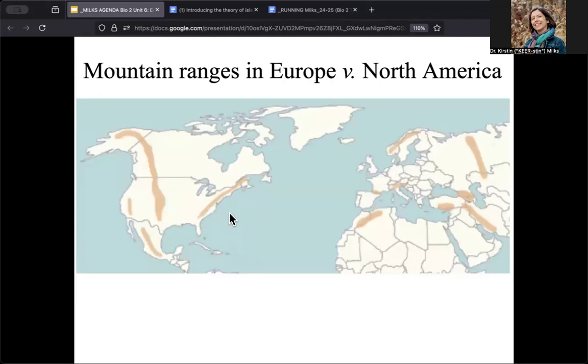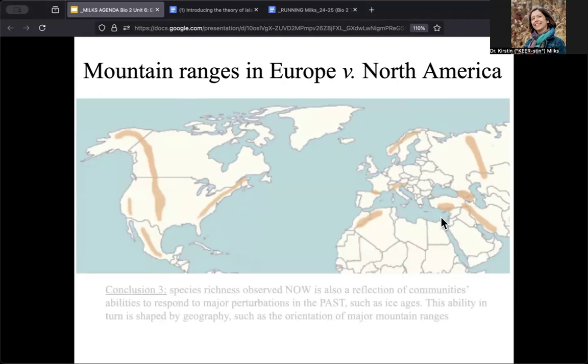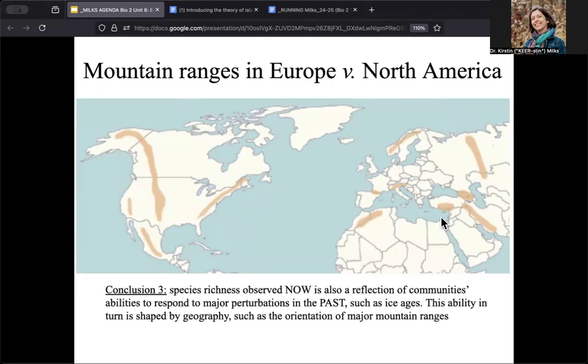Turns out there's some contradictory things that are happening for this example, but you can make the same argument about Europe and Asia, which are connected. They're all one land, right? And there's some mountain ranges hints there. So what I really wanted to give you, even if the idea we're showing here shows up in textbooks all the time, it's probably not correct. But what is correct, and this is on your worksheet, is that species richness observed now is also a reflection